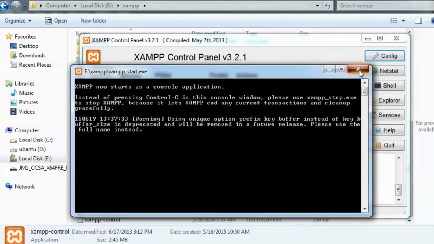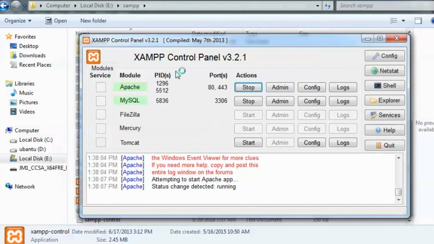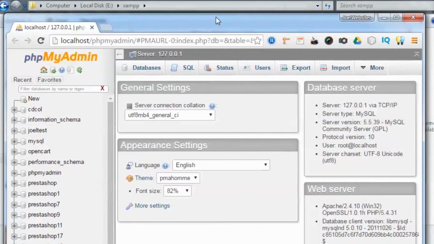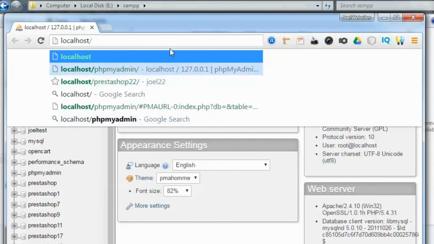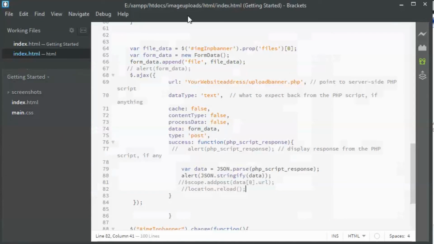I'm just going to close this. Here I'm going to click start once again, and here it's running fine. So I'm going to open the admin. Then I'm going to go to my project. The project name is image uploads, so let's go there.